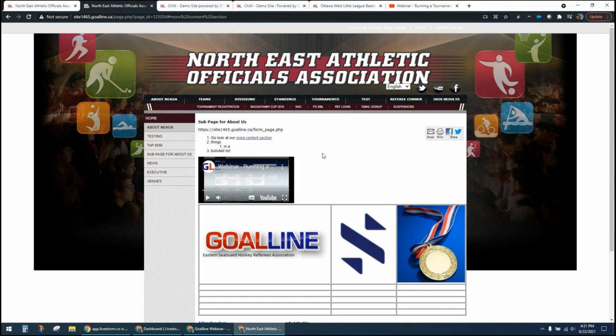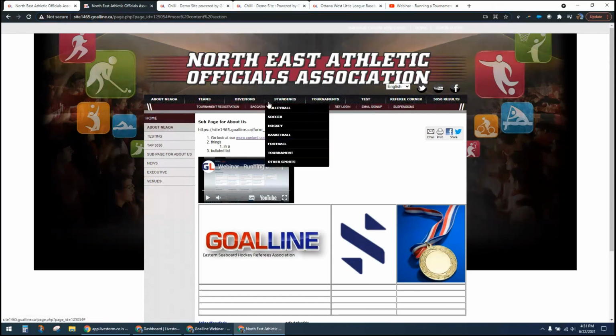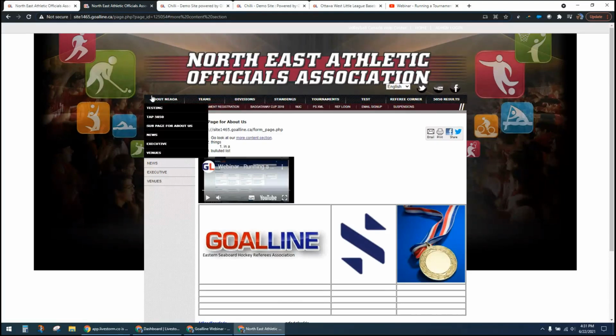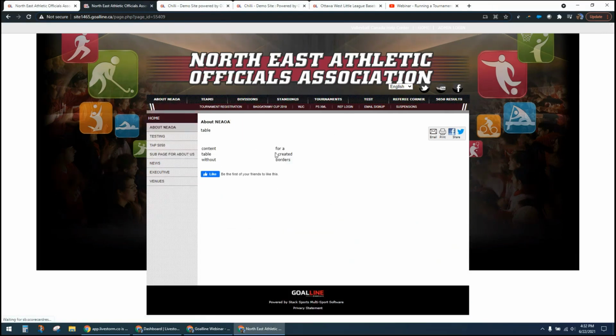My menu may be a little bit disorganized because I've got lots of test things and whatnot in here. The About Us page is probably my number one recommendation. If you don't already have one on your website, definitely go and create one, because in addition to providing information about you as an organization, things like your mission statement, what you're all about, who sponsors you, whatever information is about you,